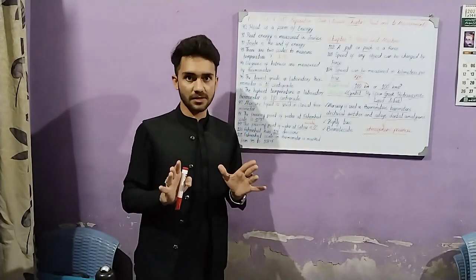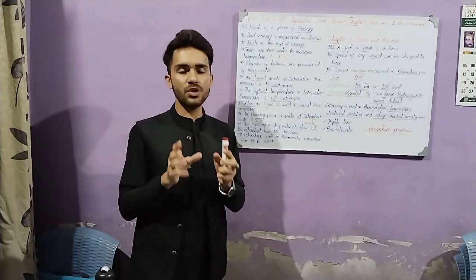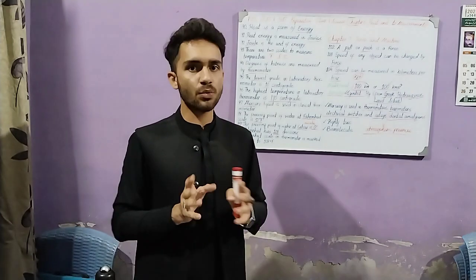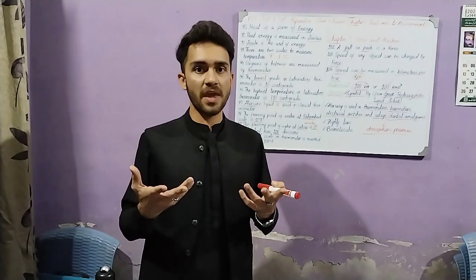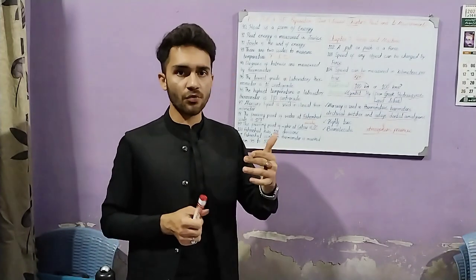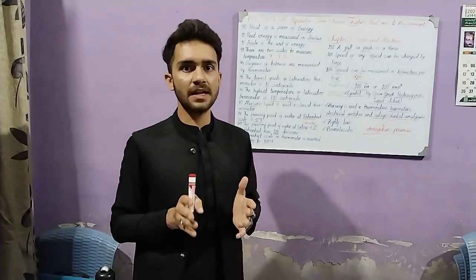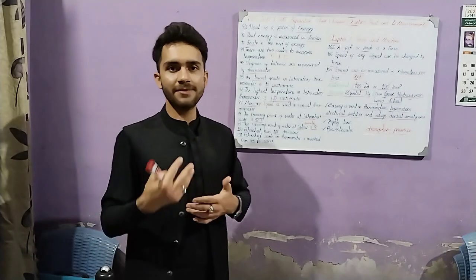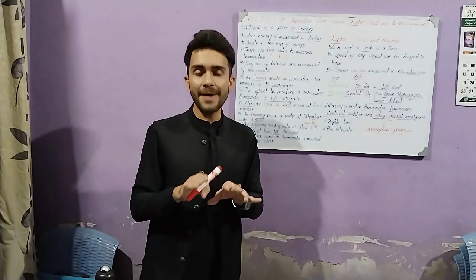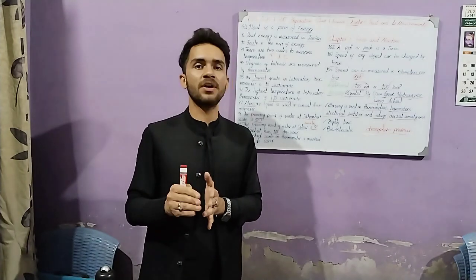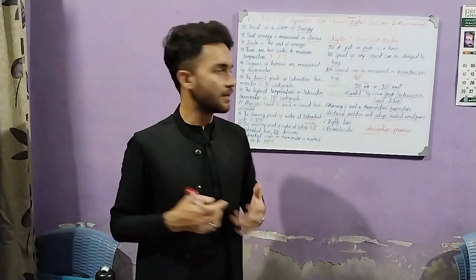Mercury is highly toxic. When we look at the history of making people beautiful, we also go towards the Elizabethan kings and queens. There was an Elizabethan queen who wanted to become so pretty and fair, and she used mercury in a lot of ways. It is very useful for making the skin brighter, but it is highly toxic, zehreela. There were a lot of diseases because of the use of mercury, and therefore it was banned all over the world in cosmetic products. However, it was very essential for cosmetic products for giving someone a fairer color.